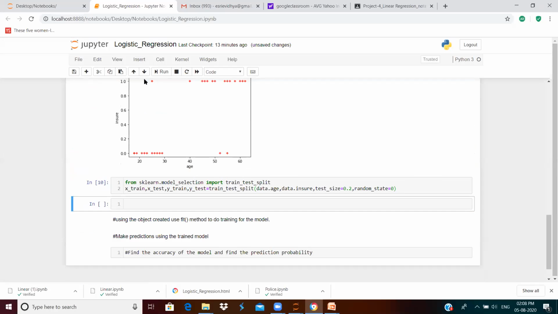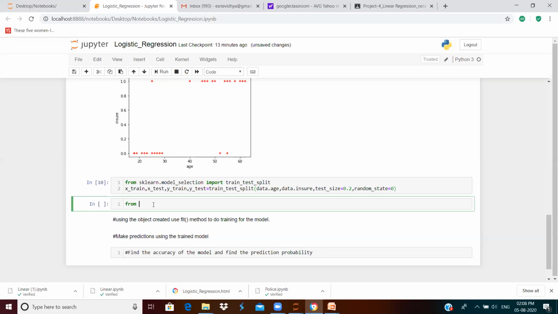So where will the logistic regression class be available? In which library? It will be available in the sklearn library, in the linear model module. From that, we will import our logistic regression class instead of the linear regression class. So the syntax goes the same.